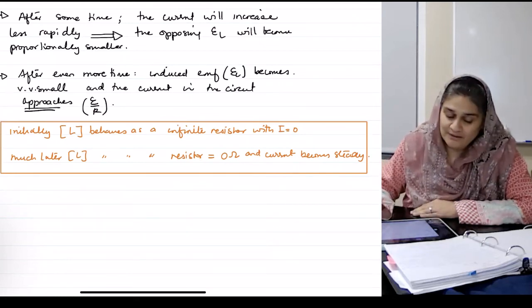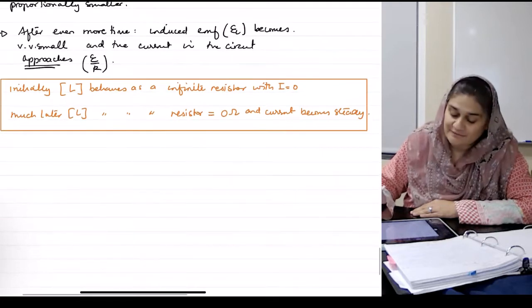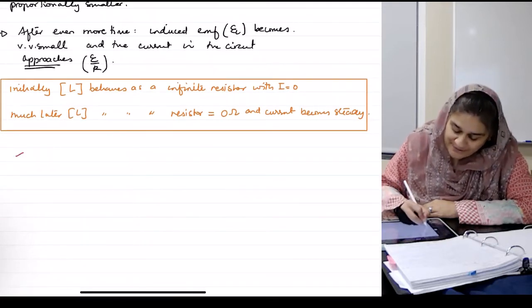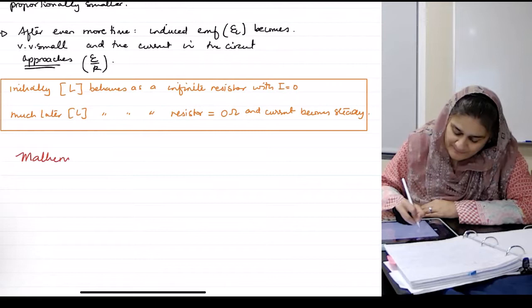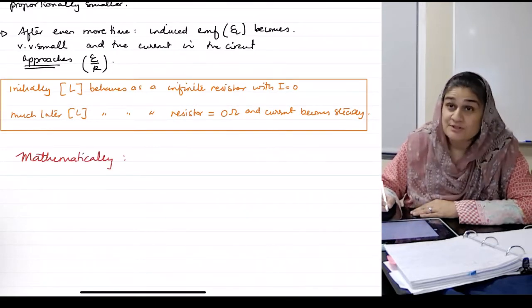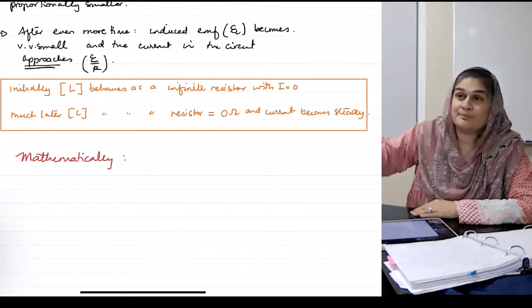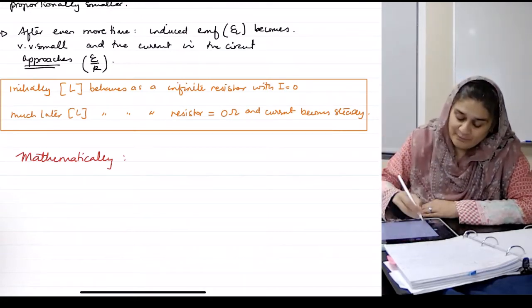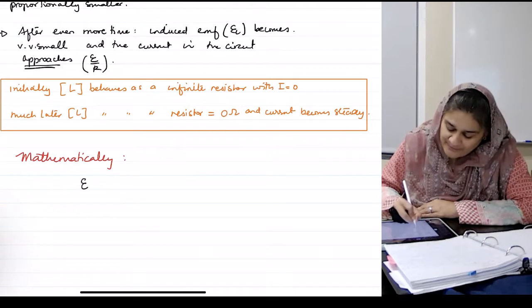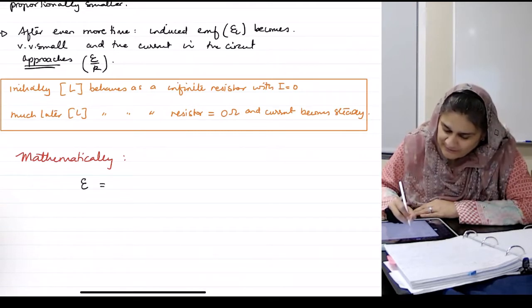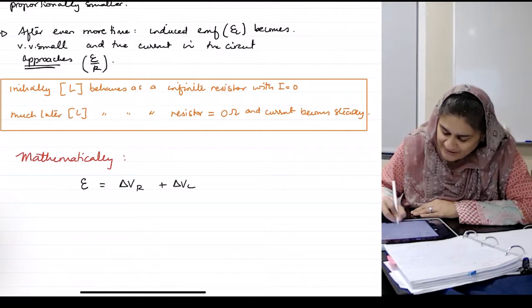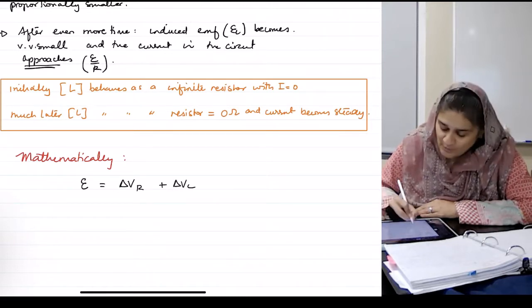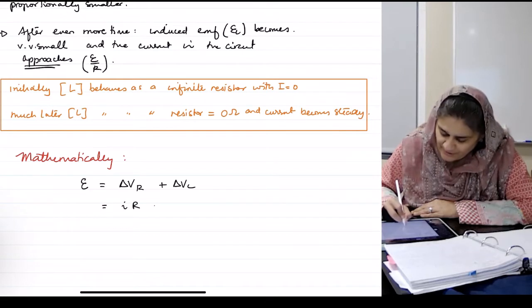Now, how do I quantitatively, how do I mathematically write this? Just like we did last time, this is going to be a loop rule. It will be EMF of the battery equals delta VR plus delta VL, or IR plus L dI over dt